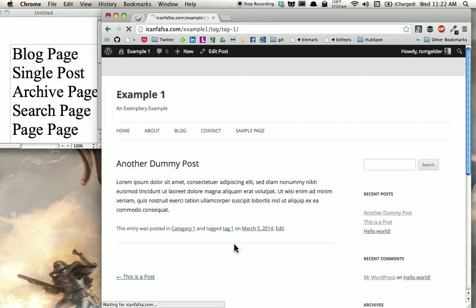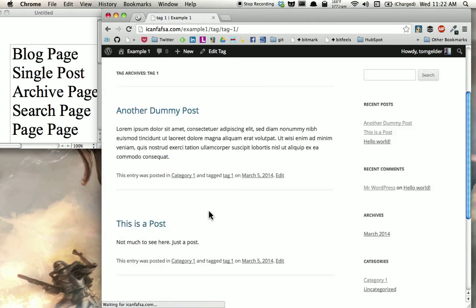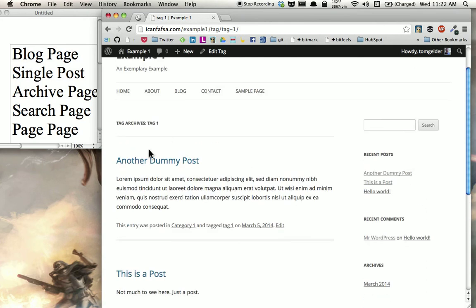The same kind of thing happens when you click on a tag. See tag archives, tag 1. Same kind of thing. That again is an archive page. Another type of page is a search page. So like if you were to use the native search function of WordPress, let's search for